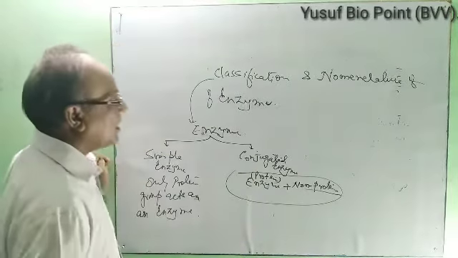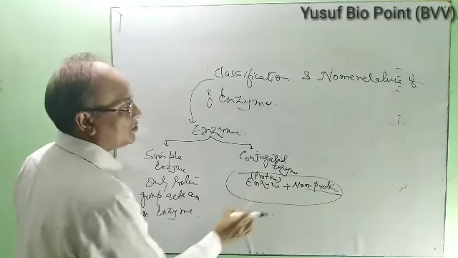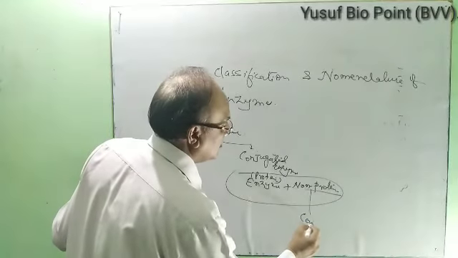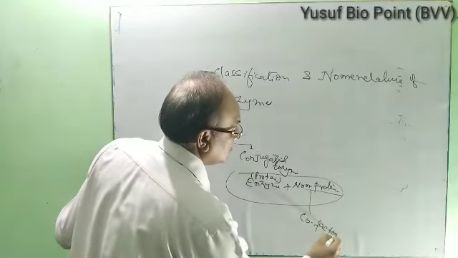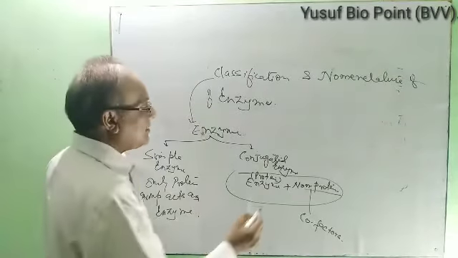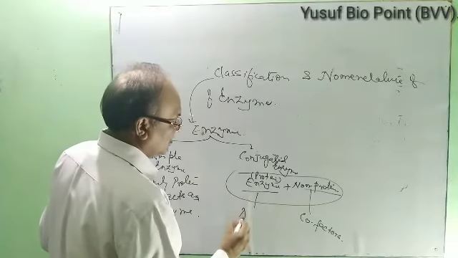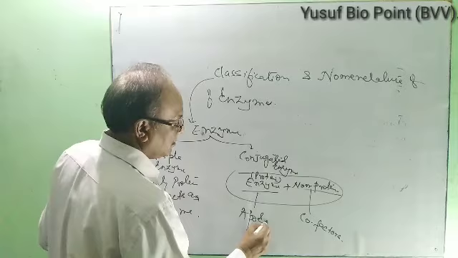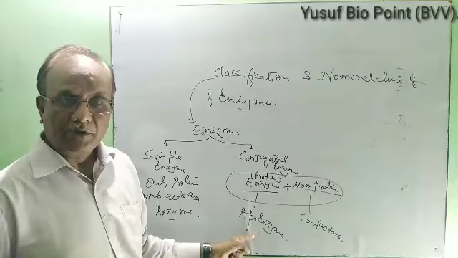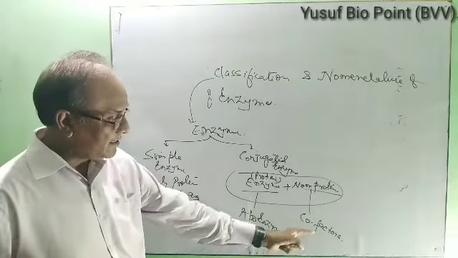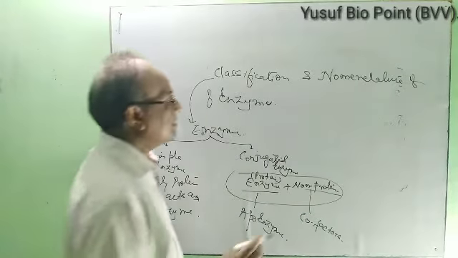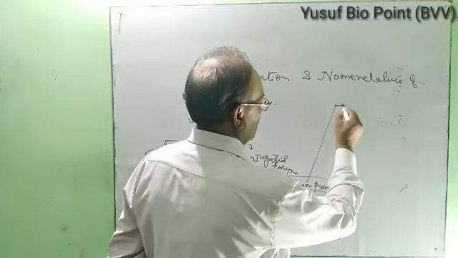The non-protein part which is attached is called a cofactor, and the protein part is called the apoenzyme. The non-protein part is the cofactor. It is of three types. One is